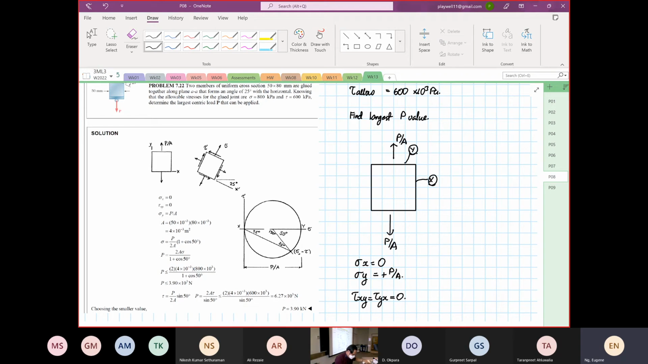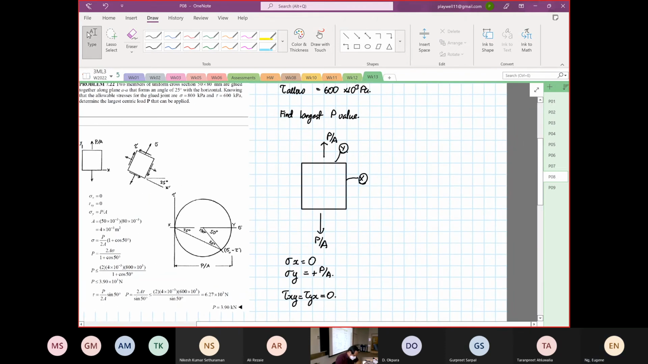Then when we orient the element at a certain angle, we have a different stress load. Okay, so let me